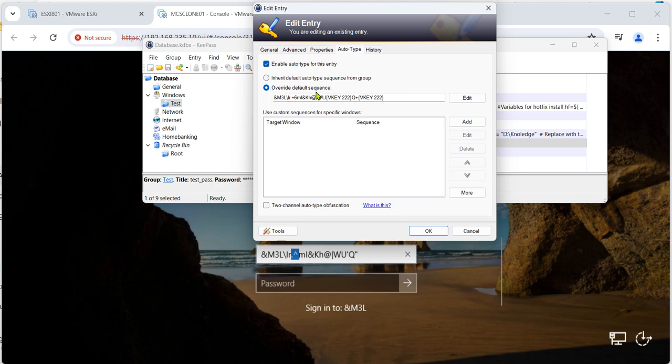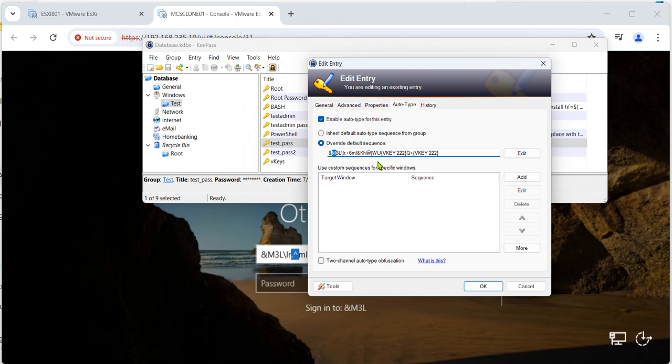And here in the typing sequence, so it's my password. As you can see, it starts okay, but here I had to add this, and at the end I had to add this,